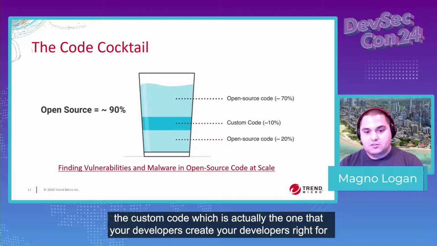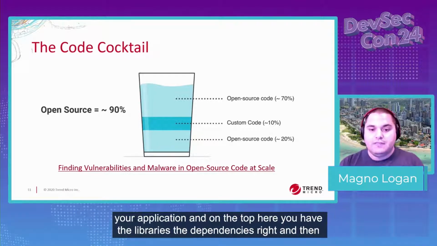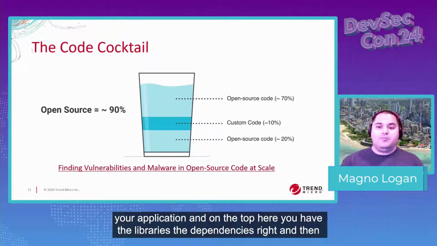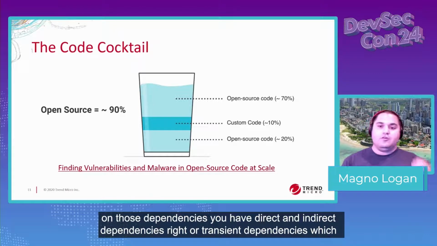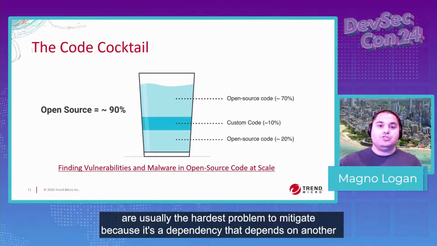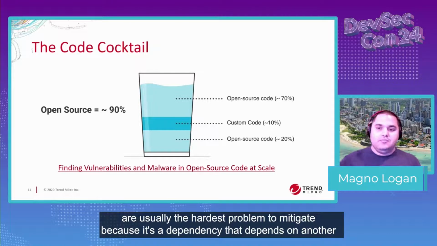And then you have the custom code, which is the one that your developers write for your application. And on the top here, you have the libraries, the dependencies, right? And then on those dependencies, you have direct and indirect dependencies, right? Or transitive dependencies, which are usually the hardest problem to mitigate, because it's a dependency that depends on another dependency,